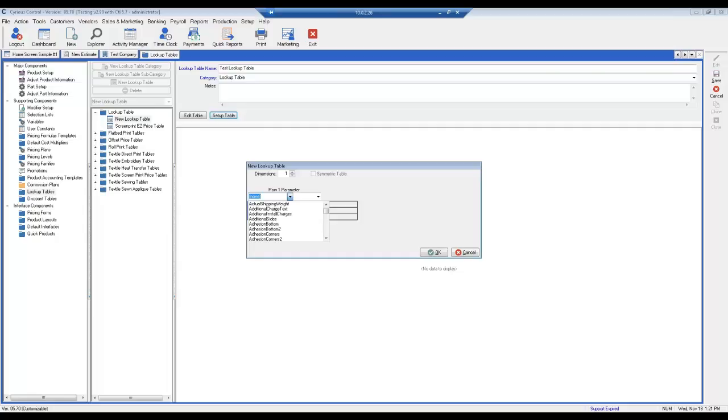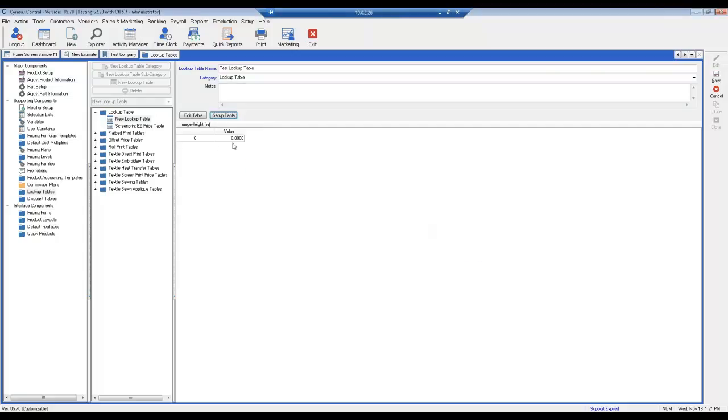We're going to go ahead and base our table off of one number for now, which is image height. And we'll say image height in inches. So we select the dimensions, we select the value to base our table off of, and we click OK, which gives you a table to build off of. Once I specify the definitions of my table, I can go here and say Edit Table,